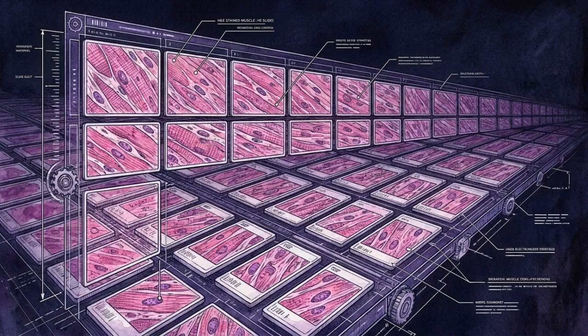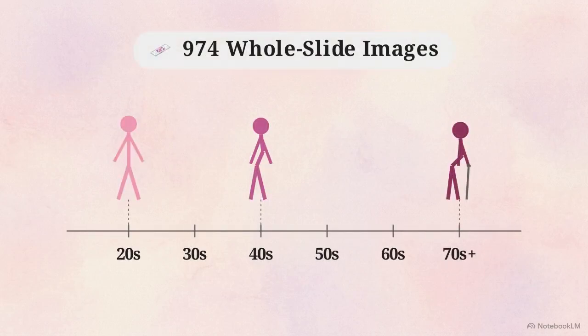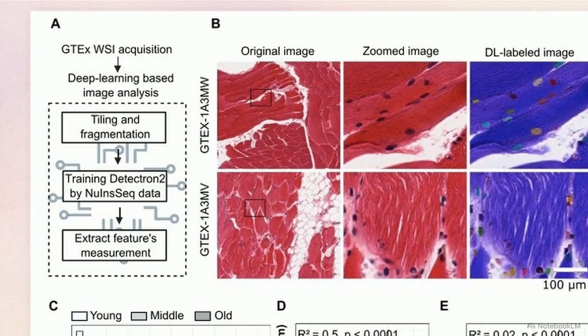reviews. The researchers deployed this analysis across 974 distinct histological whole slide images. This dataset spanned muscle tissue from human donors ranging from their 20s through their 70s. Because whole slide images contain billions of pixels, they are first tiled and fragmented into computationally manageable patches. These patches are then fed into a neural network paired with a mask RCNN model, specifically Detectron-2, trained strictly for